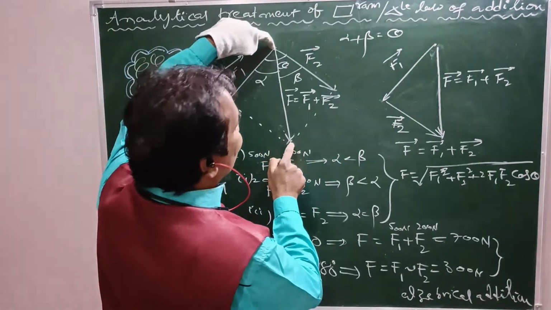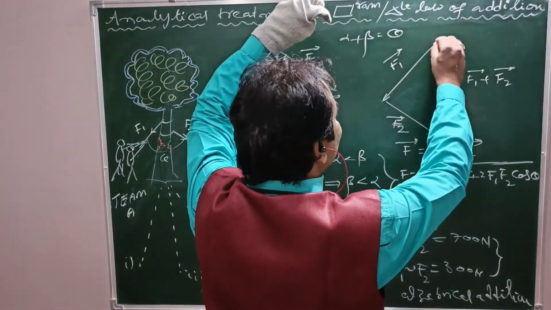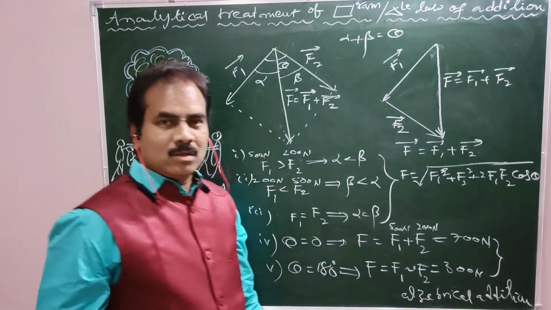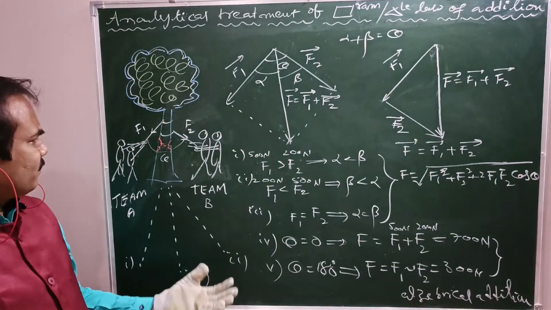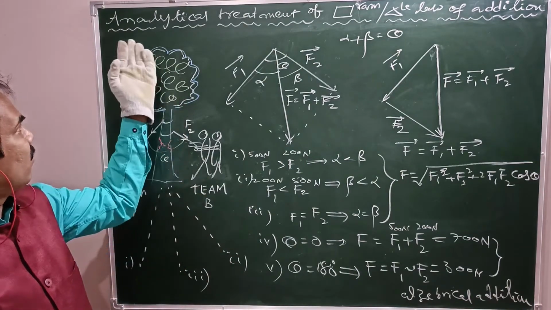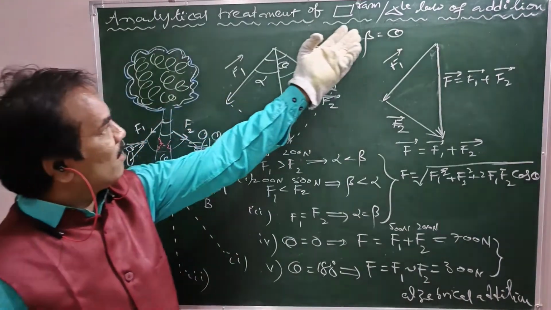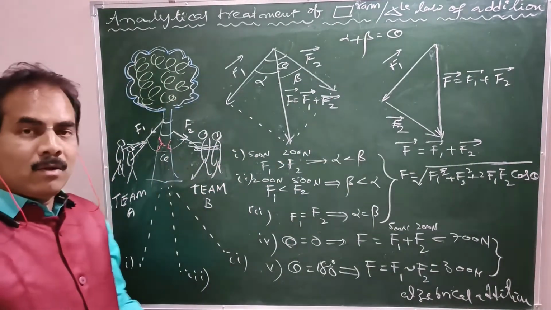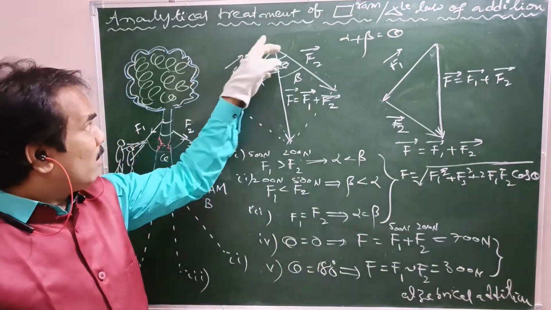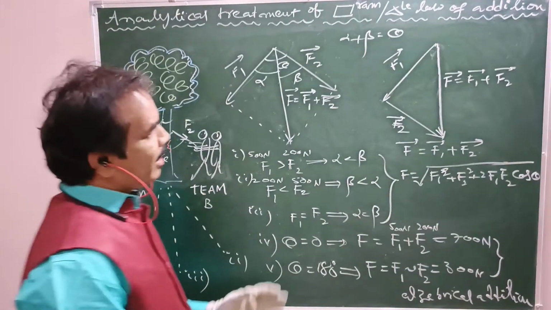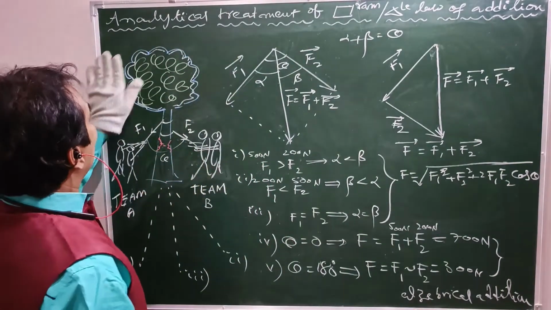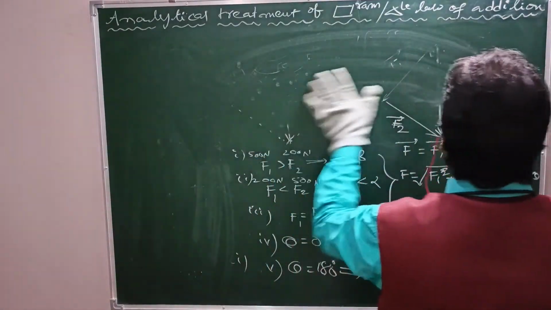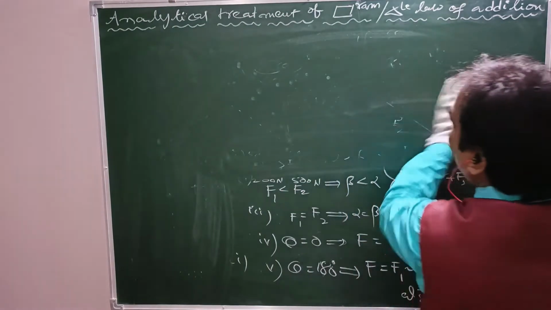See, the magnitude of the resultant here is also the same, in the sense, the same length for the resultant. Here see the direction is downwards, here also downwards. So that is how one can easily understand the concept of the analytical treatment of the parallelogram, otherwise the triangle. Now this is one live example. Here we shall move to the analytical treatment, the analytical treatment for the triangle or parallelogram.